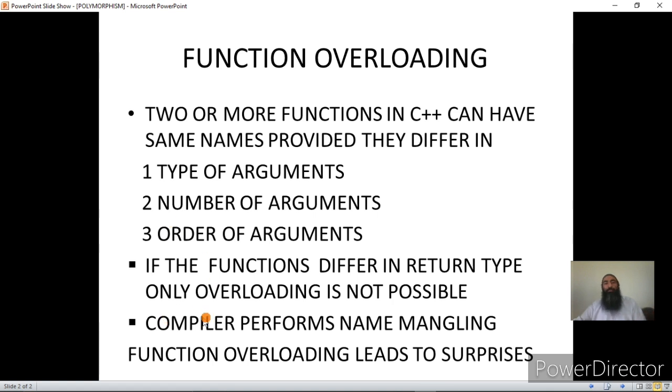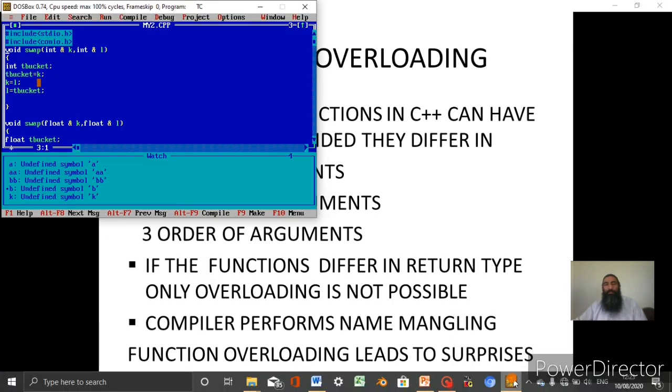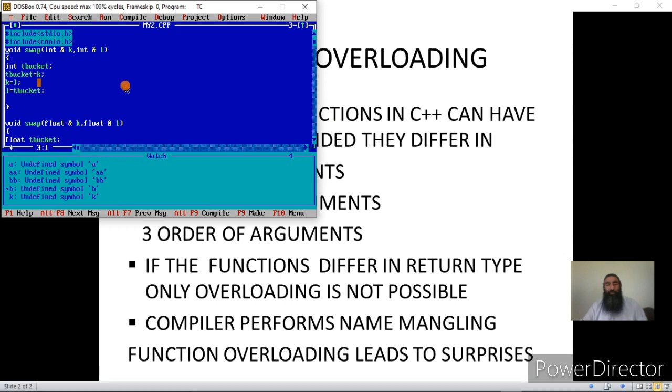Now, the compiler performs name mangling. Actually, we cannot have two functions with the same name, because there is a rule that two user-defined names cannot be the same. How is it possible? The compiler internally creates names for these functions. Suppose for the first function, let us go back to the IDE and see it.